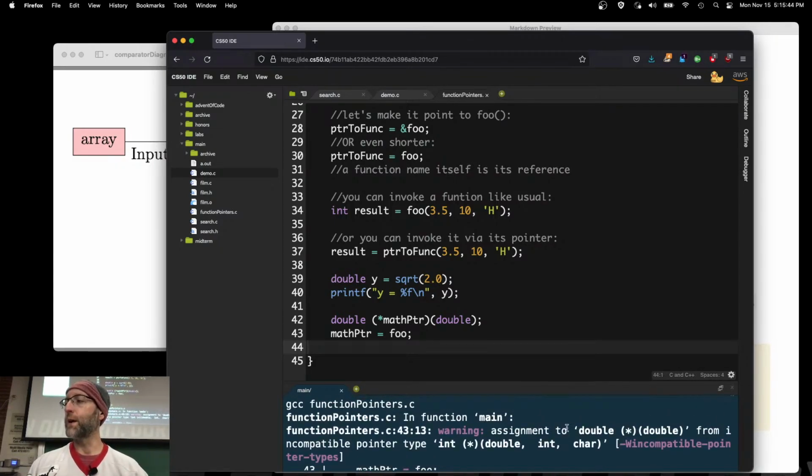It gives a warning because this double is not the same thing as int, double, int, char, right? But it's just a warning. That's perfectly fine. Go ahead and do whatever you want, I guess, right? But that's not how you should do it, right? So, careful. Make sure the types match. Right? So I'm going to go ahead and comment this out so I don't have to deal with that warning